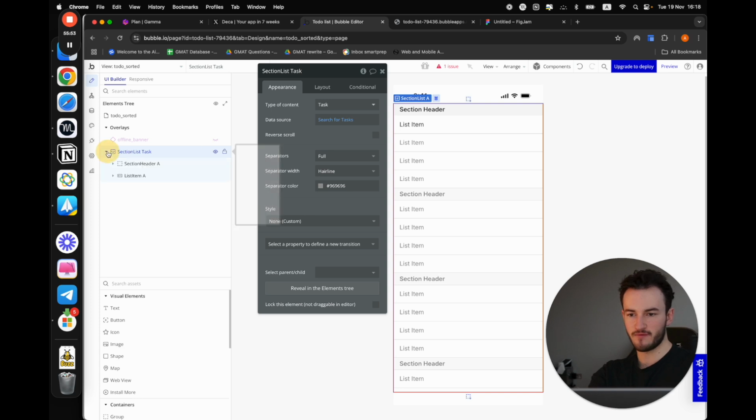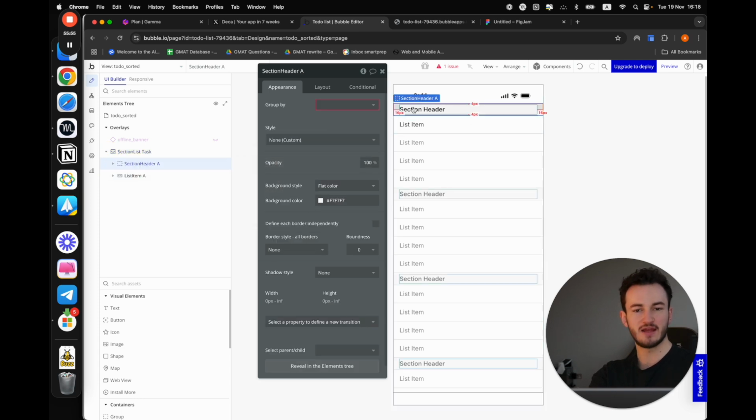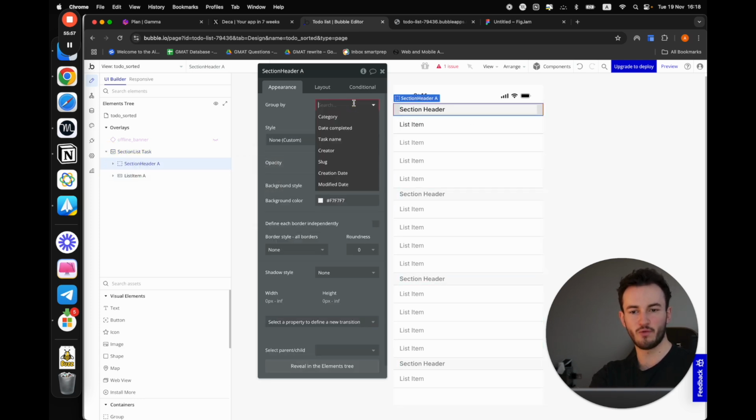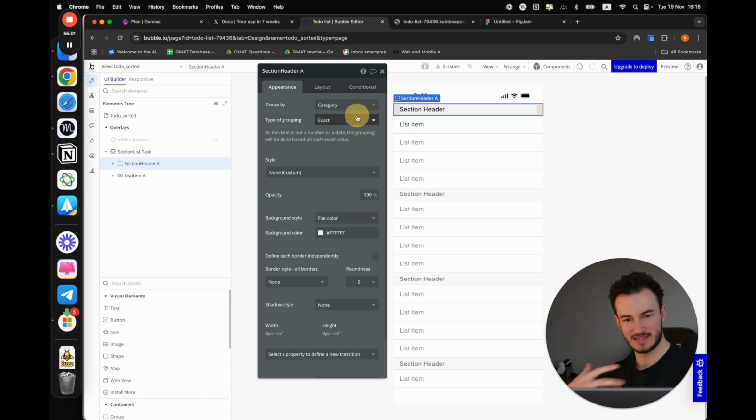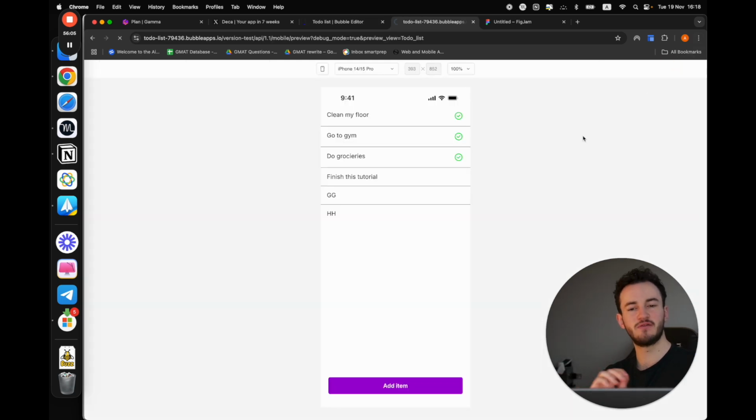And now the final thing we need to do is a section header A. Here we're required to enter a group by. Now we're going to group every task by its category. Type of grouping is going to be exact. And now if I preview this,